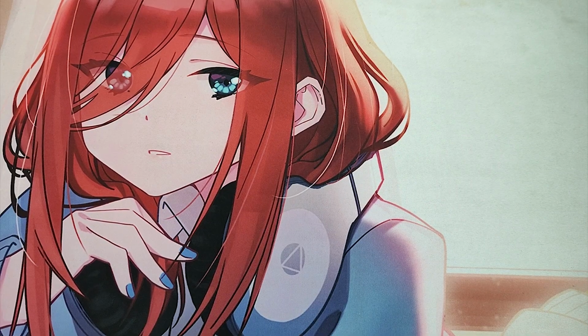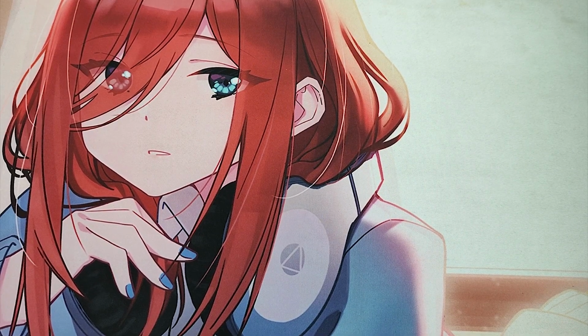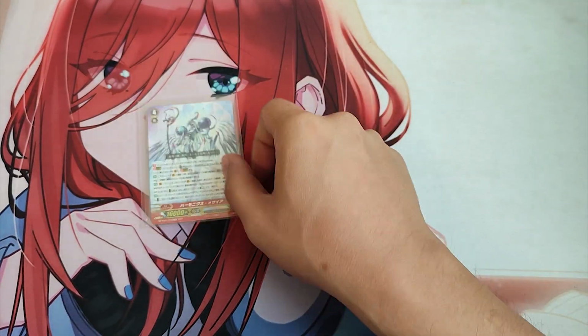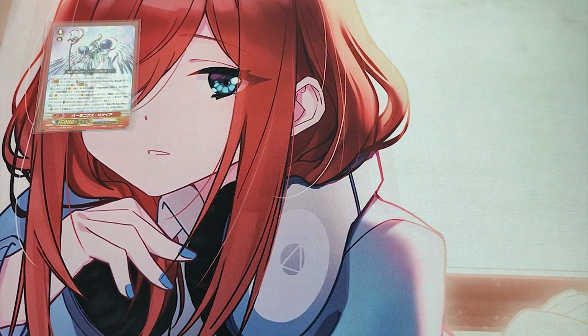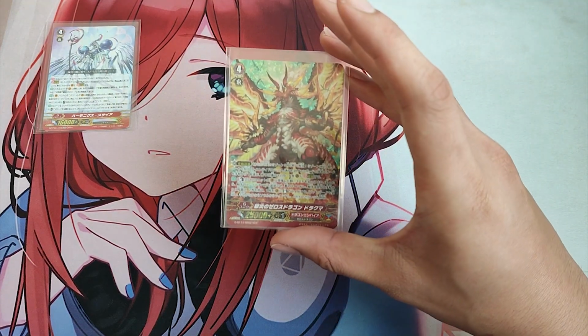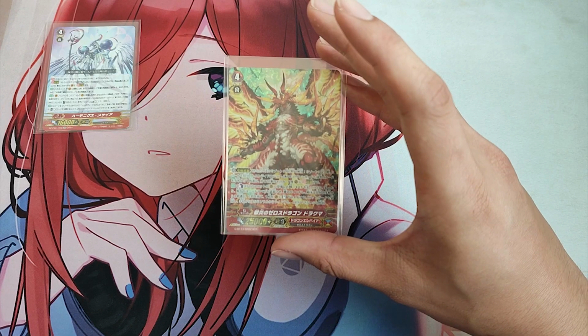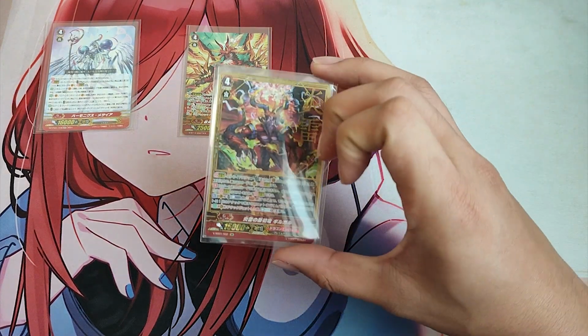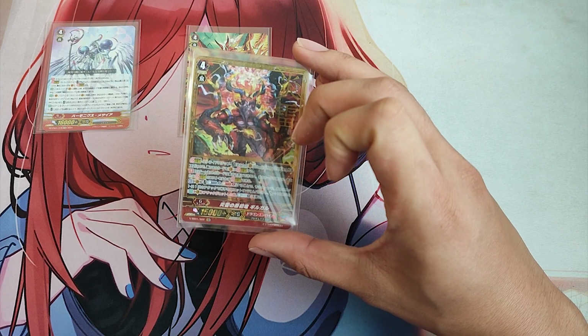And now for the G zone. For the cards in this G zone, we start with the G units. For the G units in this deck, we are playing 1 Grade 4 Harmonics Messiah, 1 Grade 4 Xerath Dragon of Inferno Drachma, 1 Grade 4 Progenitor Dragon of Lightning Flame Gilgal,